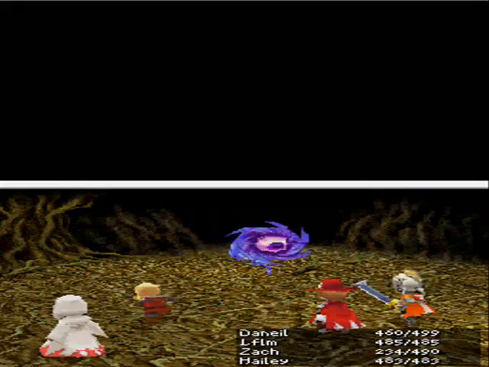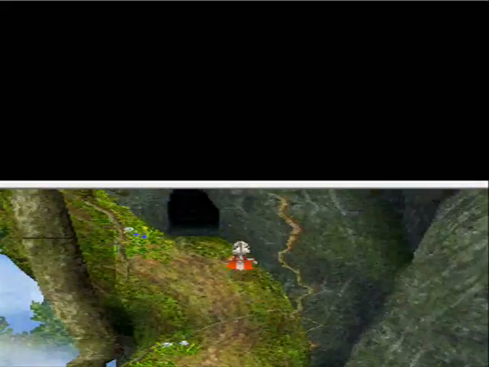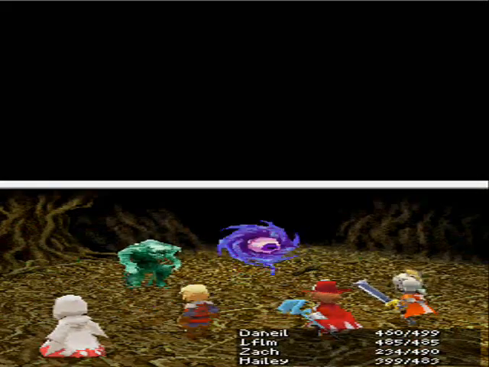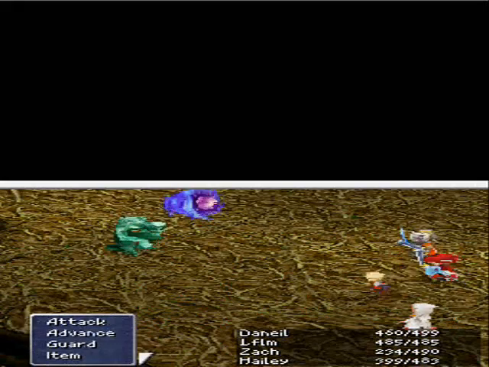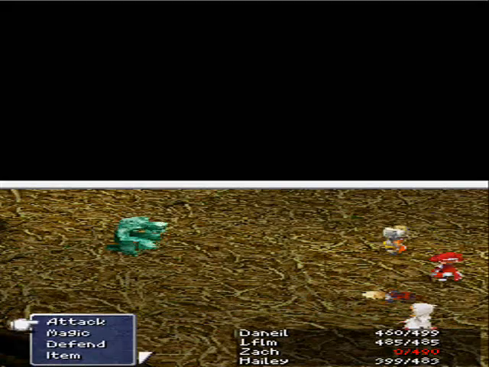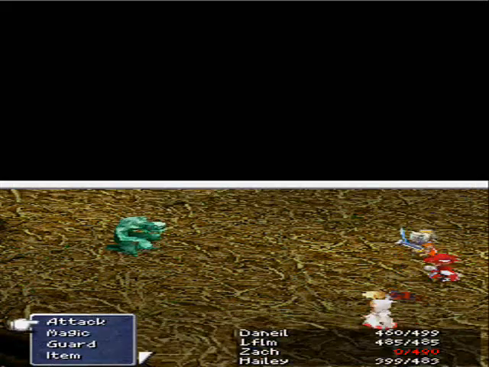Anywho, killing these things isn't really too difficult. But there are a lot of random battles right here. You can imagine why this would take forever just to go through. Then again, I probably could have just fast forwarded through the random battles. And whoa, he just, like, one shot killed Zack. But